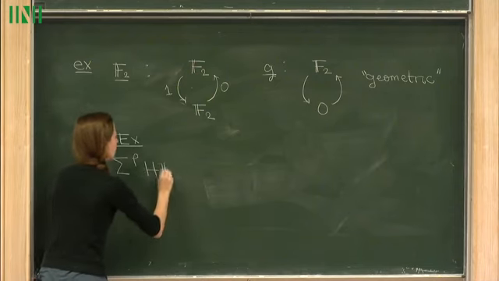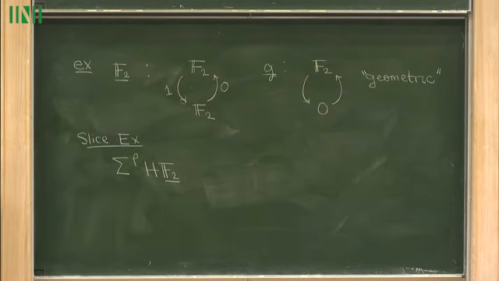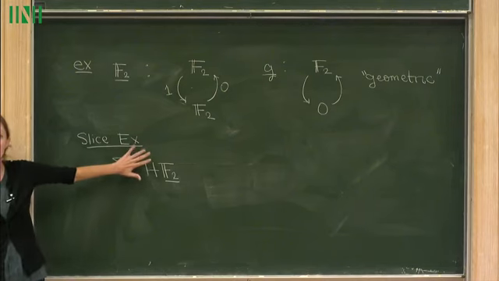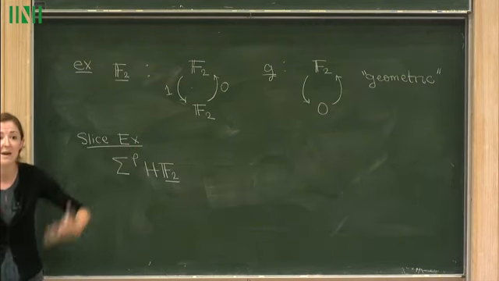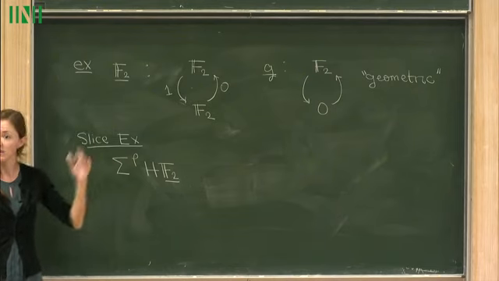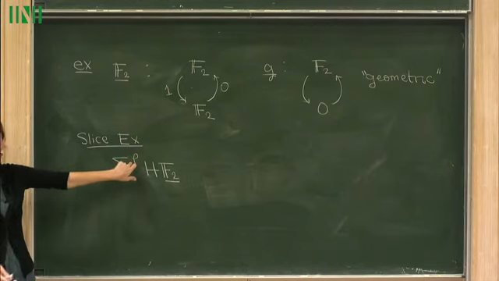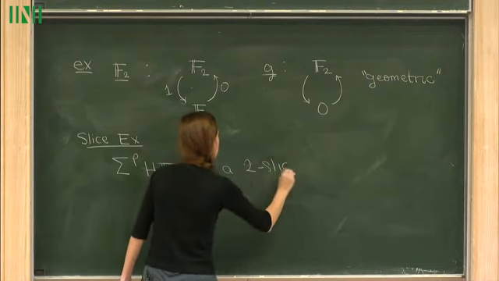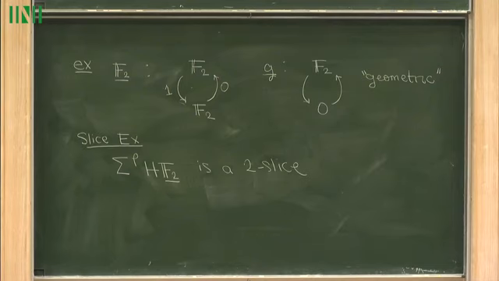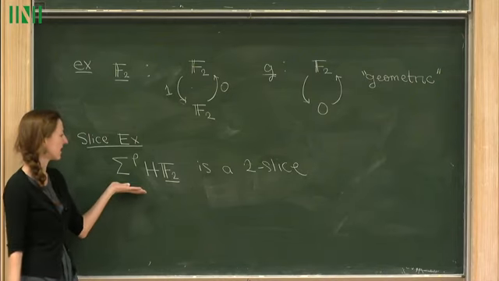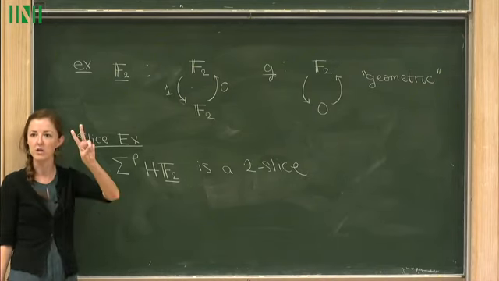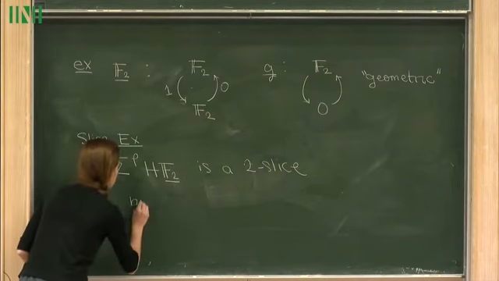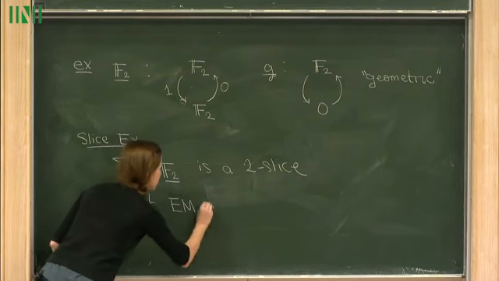If we were to take the row suspension of HF2, well, we know HF2 is a 0 slice, and we know that suspending by row preserves the slice tower. So here row is of dimension 2, so what we've produced is a 2 slice. But if we were to look at the nice picture that Mark gave us for computing RO(G)-graded homotopy here, we would see that we have 2 non-trivial homotopy groups, so this is not an Eilenberg-MacLane spectrum.